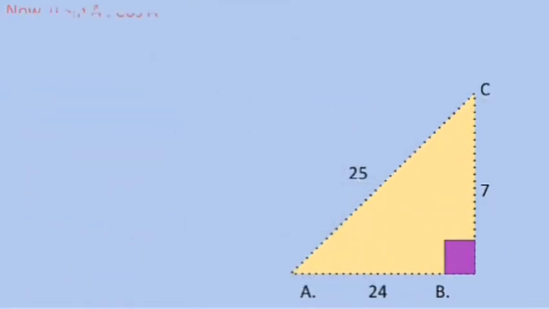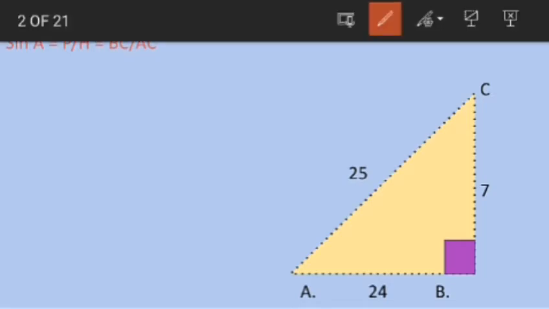Now we can solve the first part, that is sin A dot cos A. For that, class, we need to calculate the value of sine of angle A and cos of angle A. So since we are talking about angle A, the sine of angle A is going to be perpendicular upon hypotenuse. Class, remember here first of all we are talking about this angle A, and we know that sine of angle A is perpendicular upon hypotenuse.